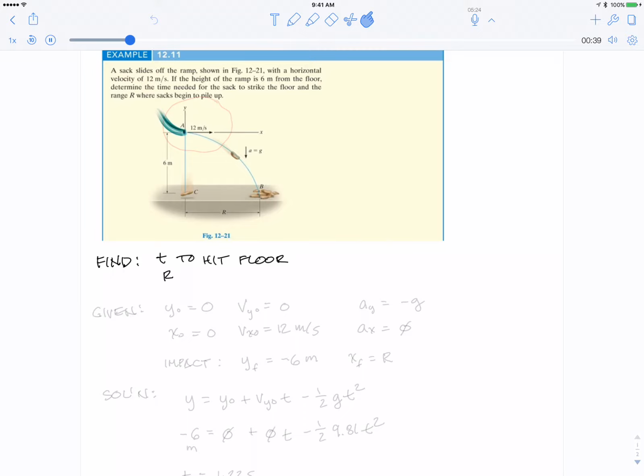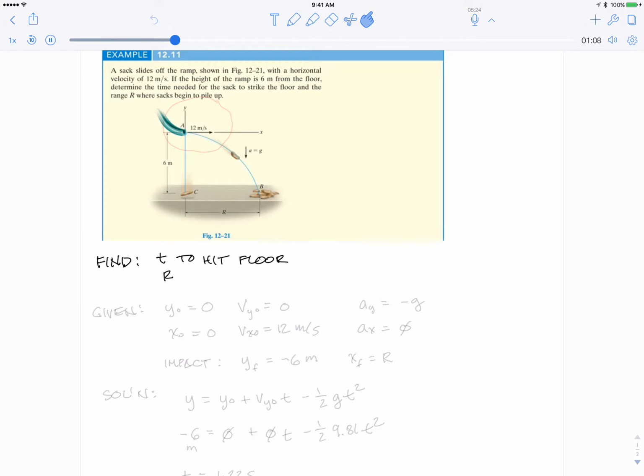Okay, so we're going to need to find how long it takes and how far it goes in the X. Just thinking about it, what we're probably going to do is use the Y equation and solve for the time, right? Because we know it's 6 meters high. We also know, looking at the picture,